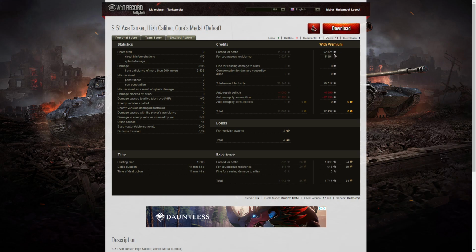He earned 52,821 credits on a premium account, and he got the Courageous Resistance Award because he picked up the Gore's medal and the high caliber. He also picked up another 5,891 credits, and this equalizes his score with that of the winning team because he was on a losing team. So that brought up a total of 58,712, and after repair and ammunition resupply, and the ammo is expensive for the 203mm howitzer, he actually ended up with